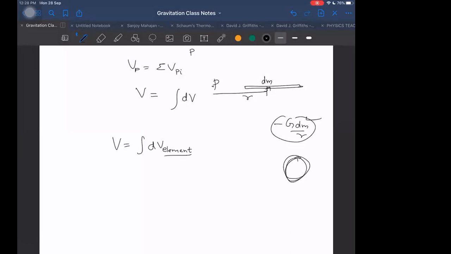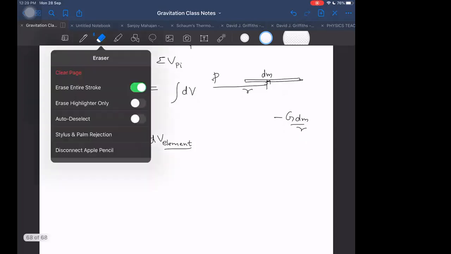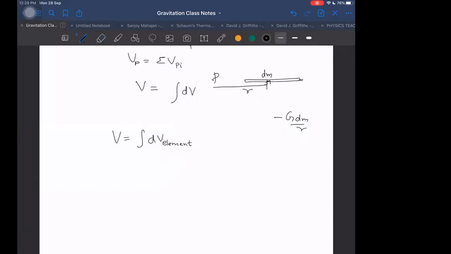First of all, I have to find the formula for the ring element. So I will start with the point mass, and from the point mass I will construct rings. After constructing rings, I will construct disks. After constructing disks, I may construct spheres, and I will find out the potential one by one for all these elements. In the beginning, my formula will be this, because this will be valid when we are constructing by point masses only. The second will be valid when we are constructing not by a single point, but by some bigger elements. Then I will be following this second formula, right?